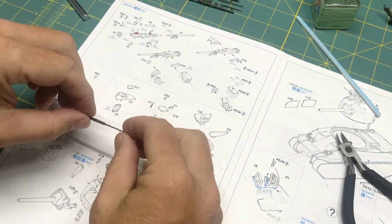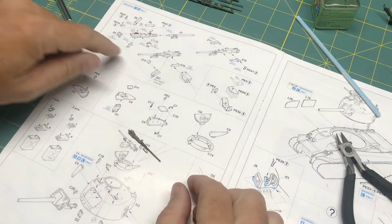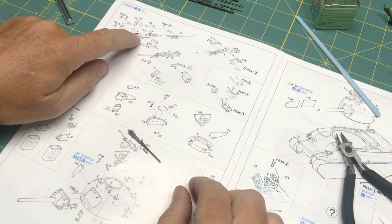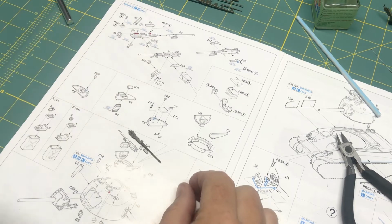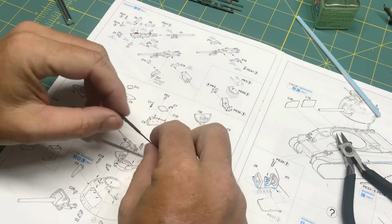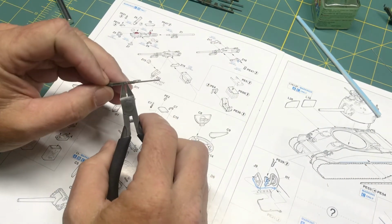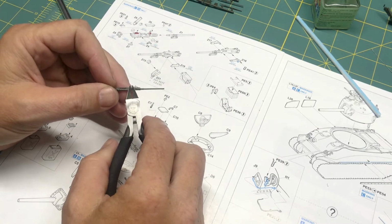Alright, so the barrel's glued and I made sure it was nice and straight. And so the next part I want to do is I need to cut off these parts highlighted in red here that are going to be replaced with photo etch. This forward part here,